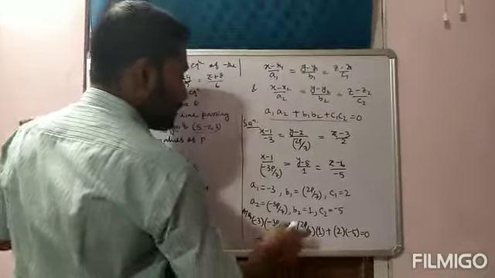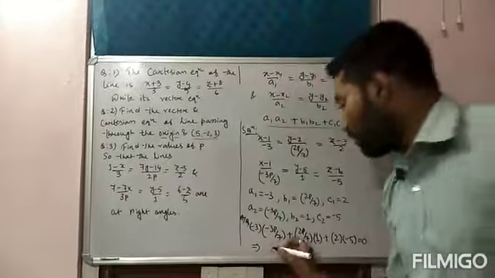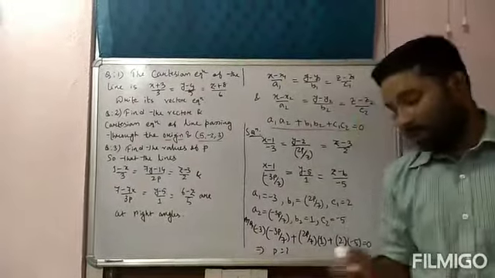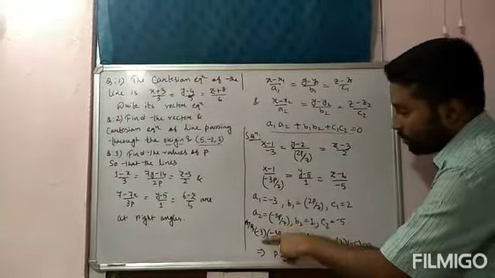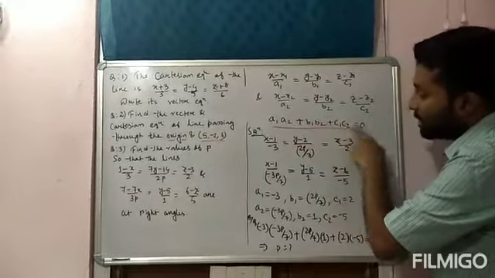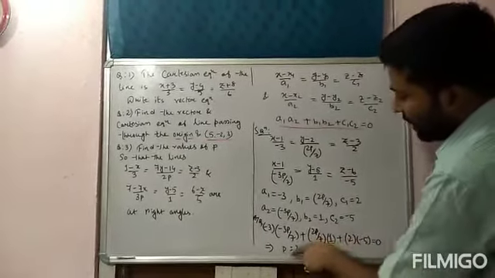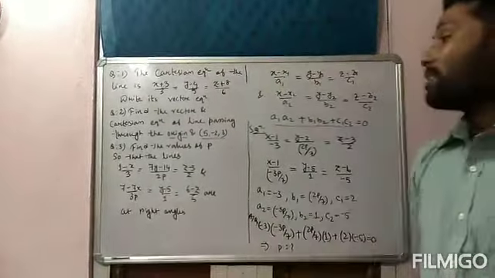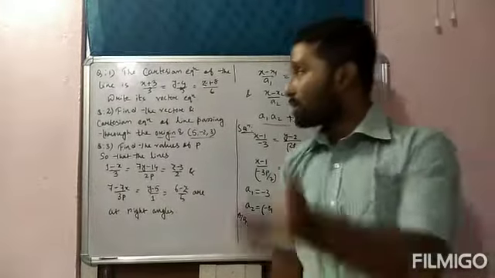Okay. Now if you simplify it, you will get the value of p. So p equal to something will come. This part you can solve on your own. According to the question, a1 a2 plus b1 b2 plus c1 c2 equal to 0. Just put in this equation and then simplify it. You will get the value of p, which will be the required answer. So in this way we can solve this type of questions. This is an important question. Some more questions I will discuss now.